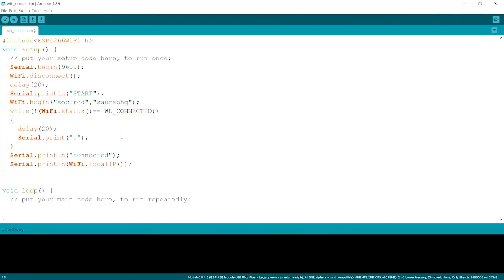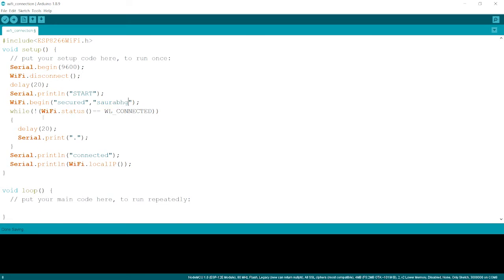So now our main thing comes here, WiFi.begin. We need to begin everything we want to start. So we are beginning the Wi-Fi here with the username in the first argument and the password in the second. This is the username you have here. You need to write it. I have my username as secured, so I'm writing secured. I have my password here, Saurav G, so I'm writing Saurav G.